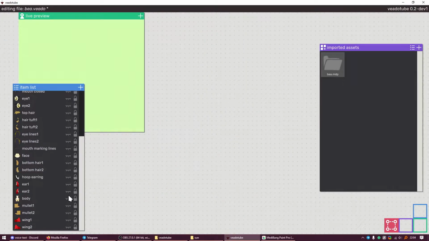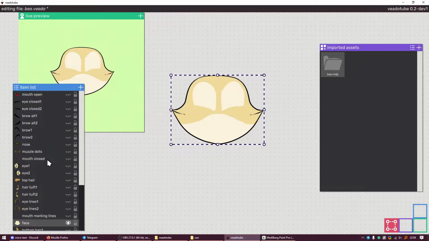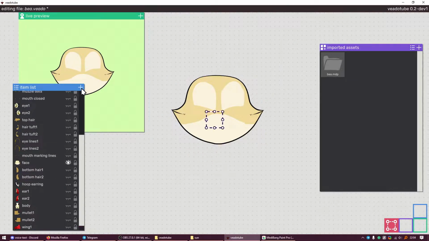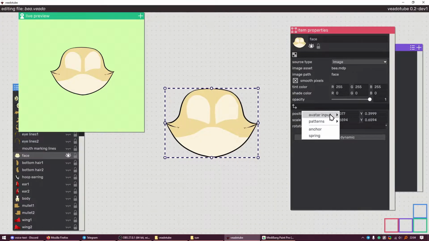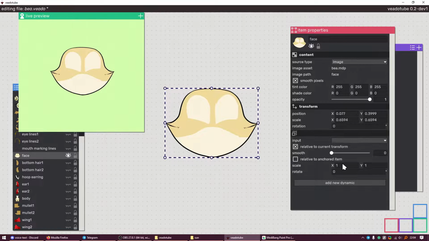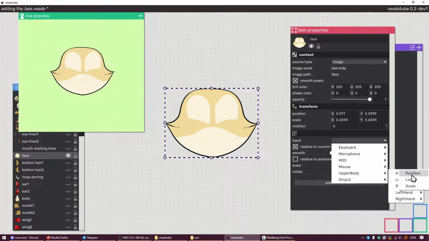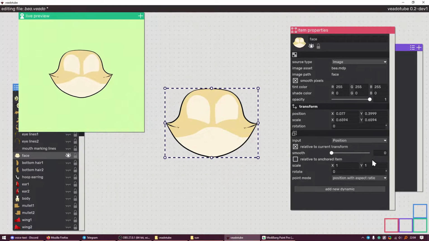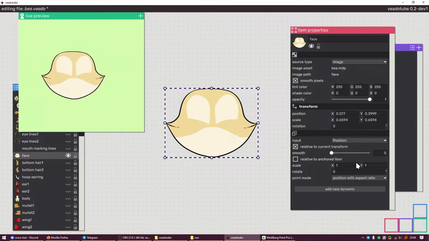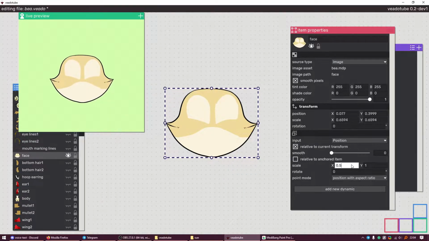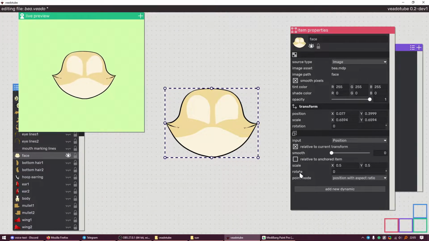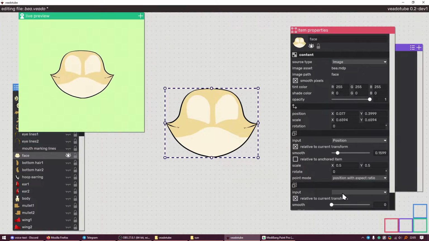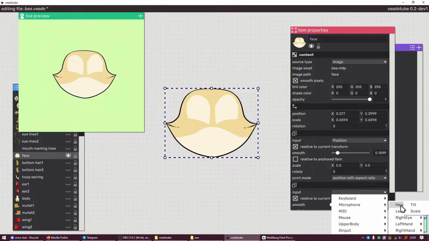I'm gonna start with the face here, because the face is where everything will connect to at some point. So I'm opening the properties here. What I'm gonna do is add an avatar input position, and I'm gonna link it to my head position. Kinda like this. Wow, that's your head. Yes, I'm gonna keep movement to just a little. I cannot tab out of the text fields, this is so sad. I'm gonna add also tilting to the head so that I can tilt my head.